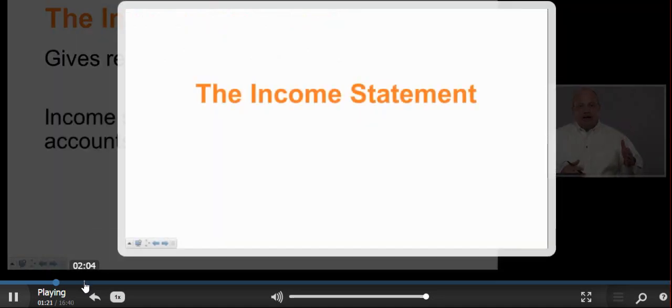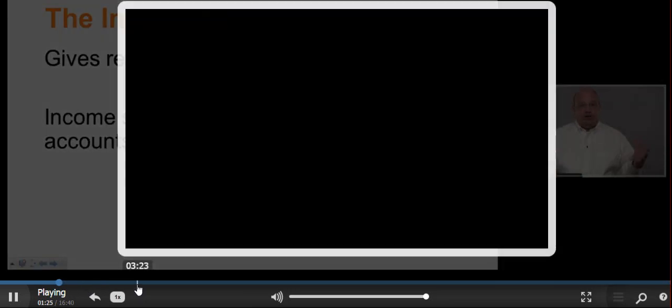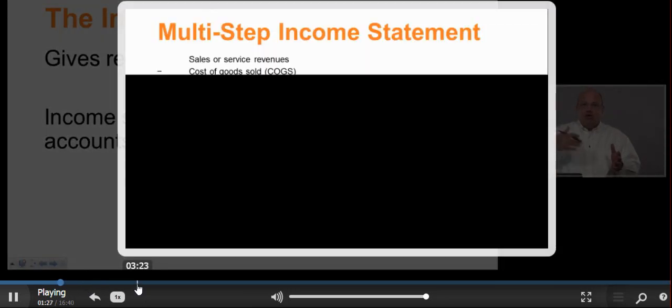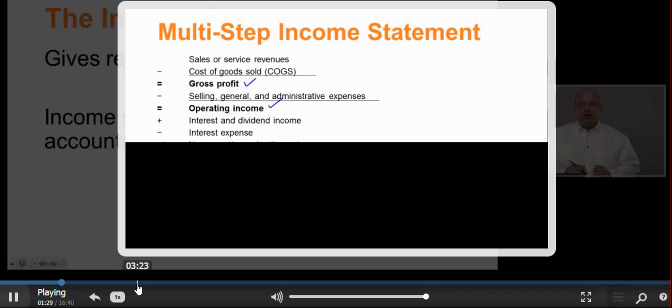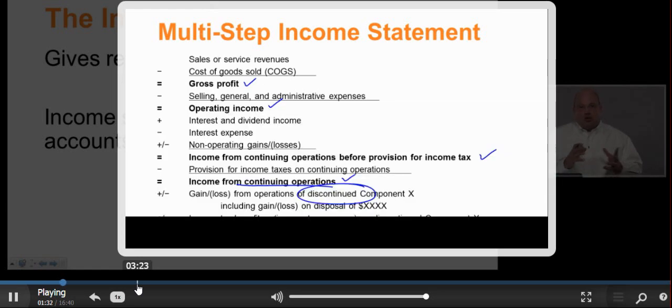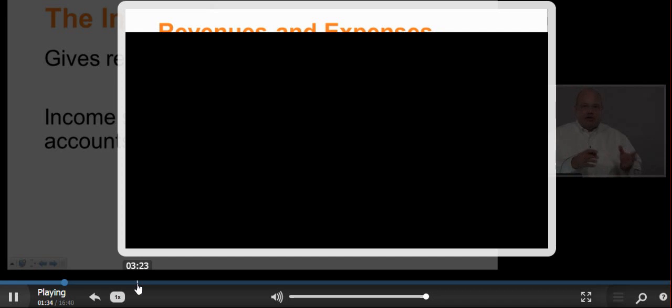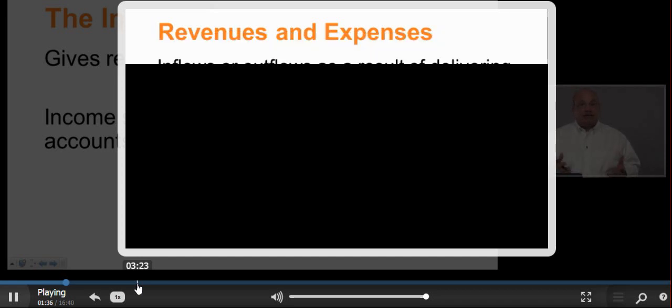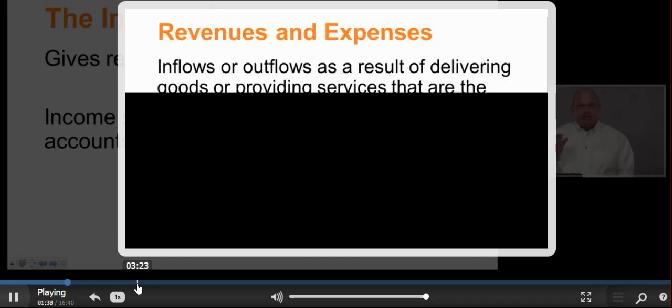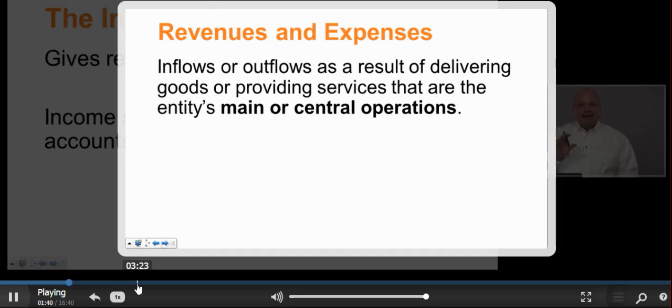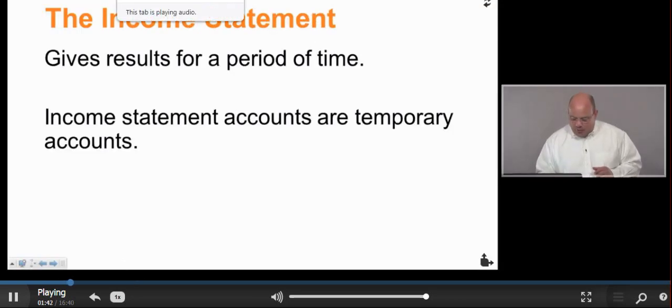Statement at the beginning of the period, the account balances in these income statement accounts is zero. And then as revenue is earned during the period, that money goes into the revenue account. As things are sold, those costs go into cost of goods sold, salary expense, and all of those different expense accounts that the company has. But the thing about the income statement is it is a period in time. Now what we have here is a